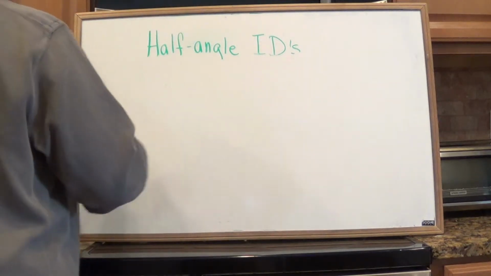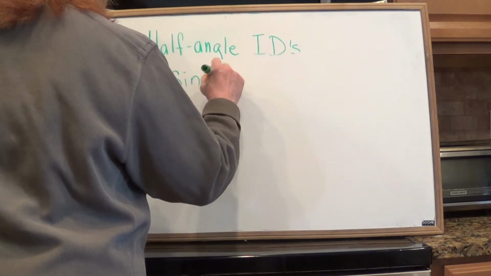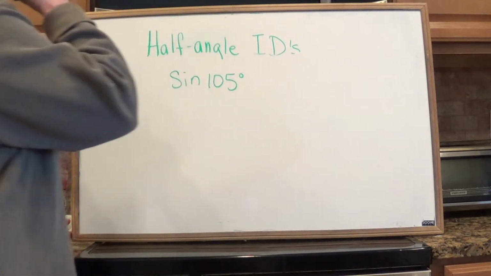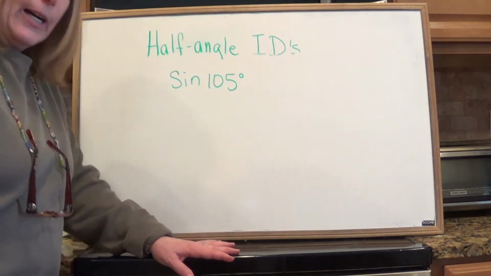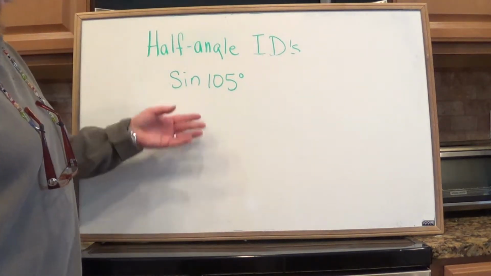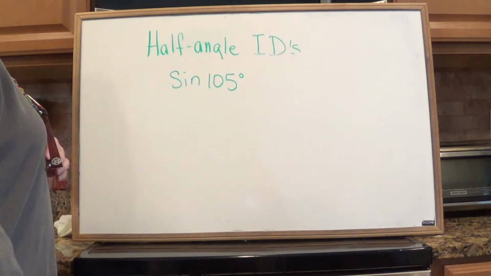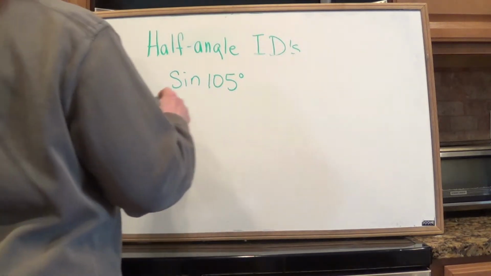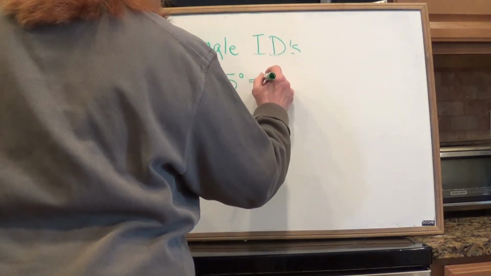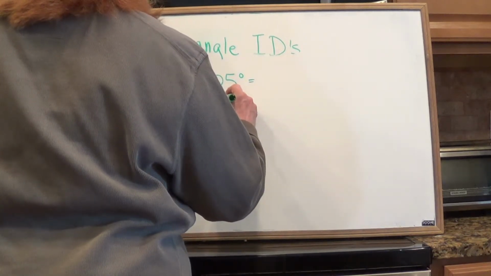Alright. We're going to use these to find the exact answer to sine 105 using half angle identities. Sine of 105 could be found on your calculator, but it'll just be a decimal that's a close approximation. We're going to find the exact answer. So the sine of 105 can be thought of as the sine of twice that, which is